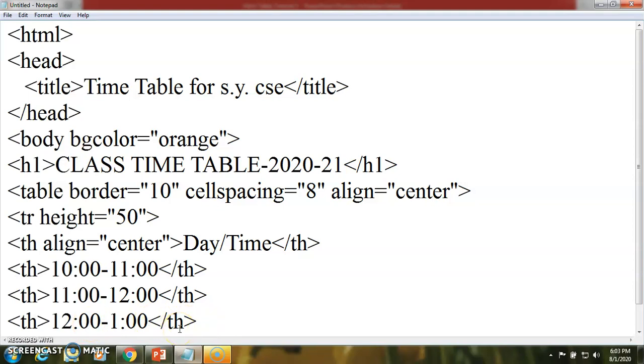So whenever we are going to highlight a time slot, if it is a break, we can have another property with the table heading. So in a table heading we can have the property style, we can give it like this.